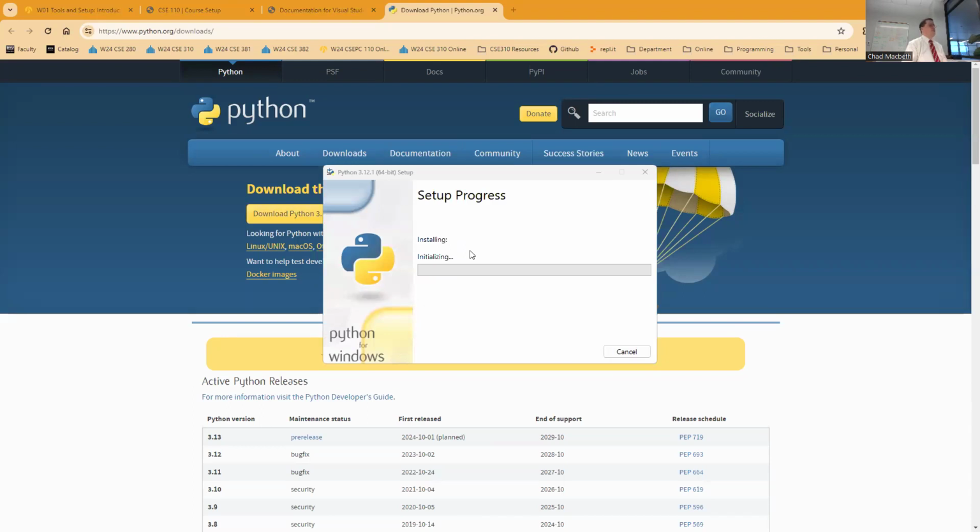And for me, it's asking whether or not I want to install it. If you see those windows pop up, it's okay to say yes because you're the one installing it. And this will take just a couple of moments. While that's installing, another interesting note,